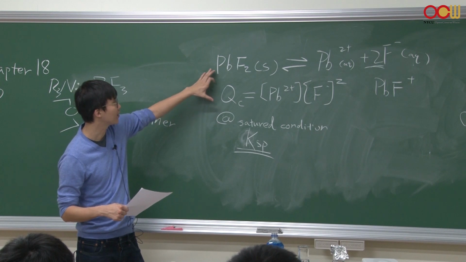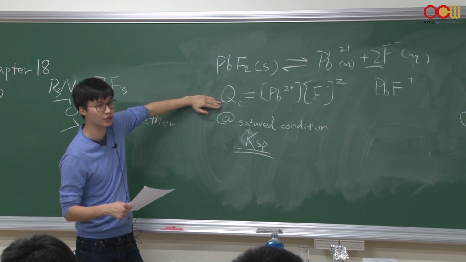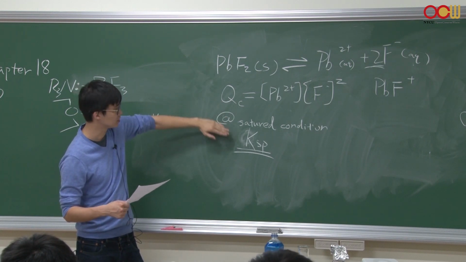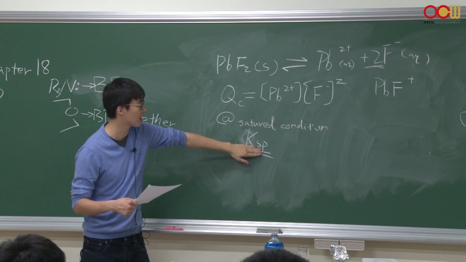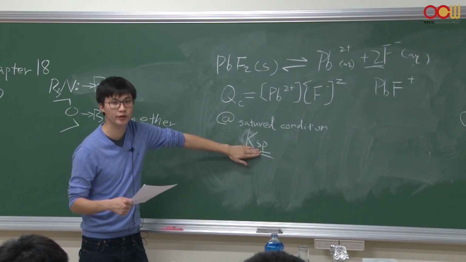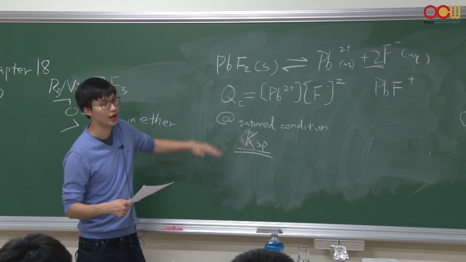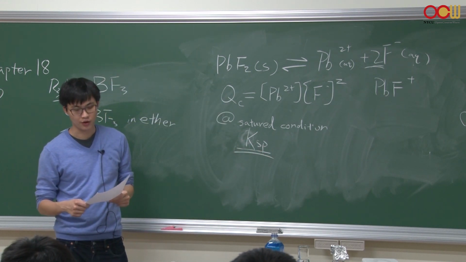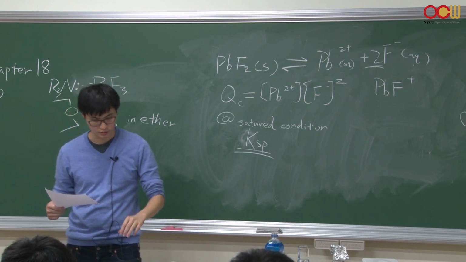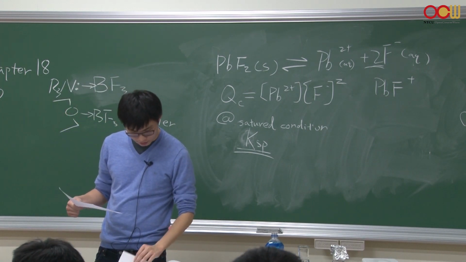And by looking at the Ksp or the Qsp, because this is solubility, oh sorry, I forgot to mention, sp stands for solubility product. You can look at a system and decide whether it reached completion or not. And we'll do a sample problem,